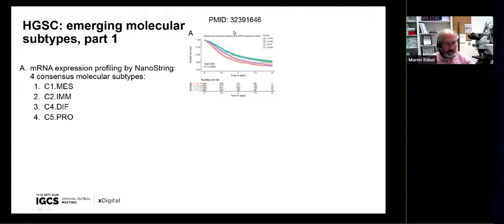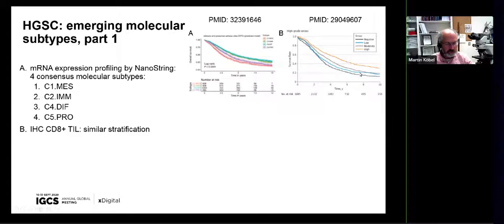This recent work now created consensus molecular subtypes based on a robust NanoString platform. To me, this is an example of the highest scientific standards and how the ovarian cancer research community can reach consensus while avoiding the chaos we see in other fields. However, a similar stratification can be achieved by a simple IHC stain, and this is a quantification of tumor-infiltrating lymphocytes